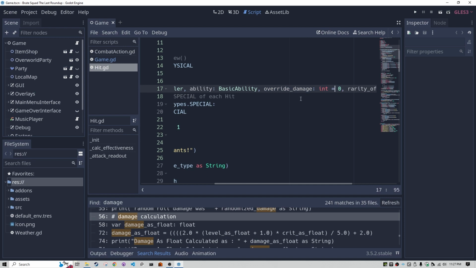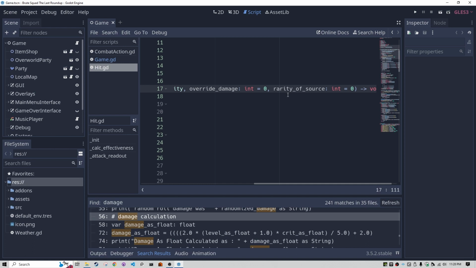Now, for 99% of the moves in the game, this value is always 0, so that's why we default it to 0. But there's still a parameter called override damage that's an integer, and you can use that if you want to. And rarity of source, that's also an integer, and it defaults to 0. And that is used for, I can't remember off the top of my head, I think there might be certain moves that